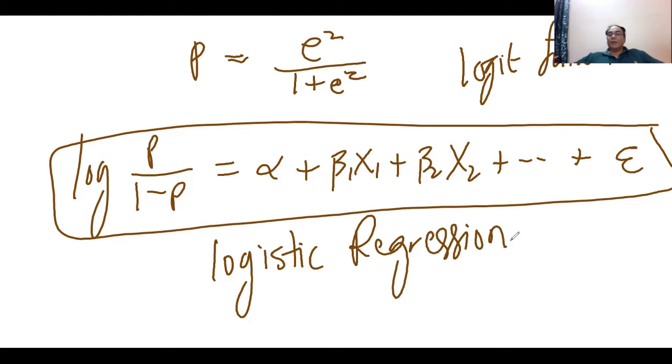Even if you do not understand the mathematics, don't worry. You must know only two things here. What is the logit function? The logit function is used to calculate the probability, and logistic regression is used to estimate the values of the regression coefficients. So we will incorporate these two things in the logistic regression model.